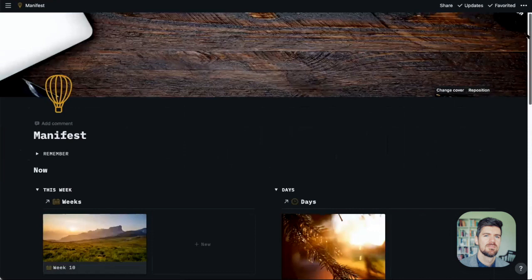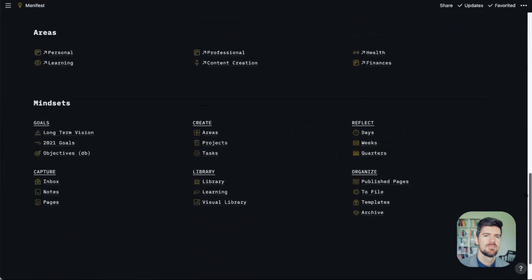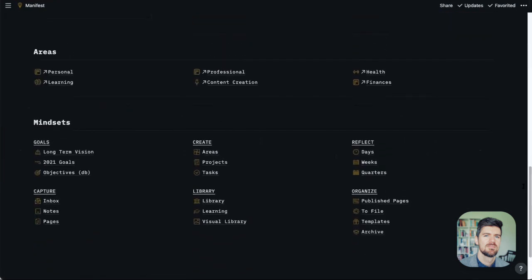The other important point I'd make with the mindsets before we jump into this space is the main impetus for creating this area was really just organizing databases and making sure that if I'm editing a view, I'm not affecting the original database.